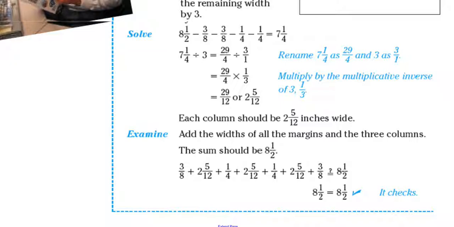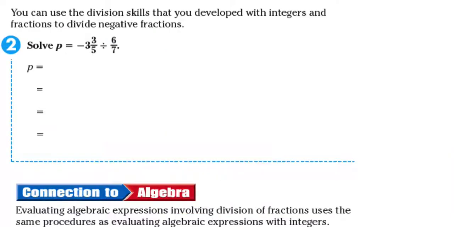Okay, let's take a look at example number 2. Example number 2, you can use division skills that you developed with integers and fractions to divide negative fractions. So we have solve P equals -3 3/5 divided by 6/7. Okay, so first we copy the problem, -3